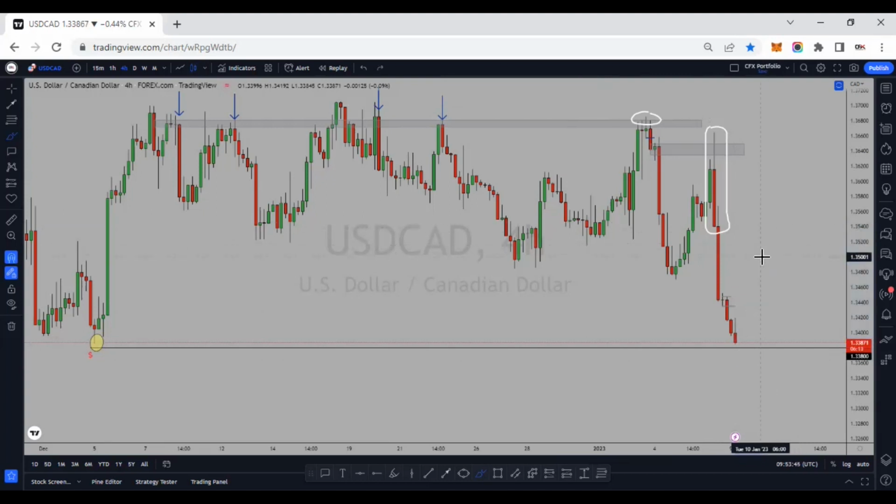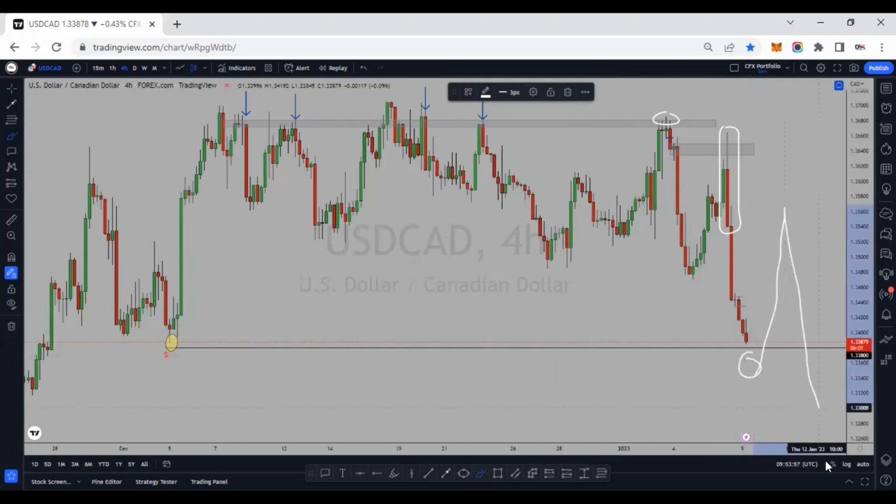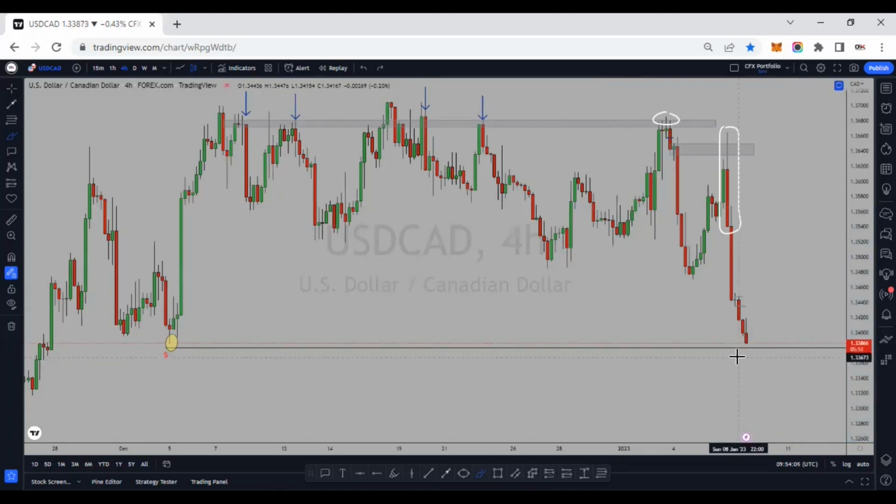I want to also know what you guys think on USD CAD so that we can conclude on what to do. Share your opinions on USD CAD. I'm thinking that we are going to see some buys when the market comes to this level, to create a lower high before we start the down. As always, let me also know what you think. This is what I think on USD CAD, and I want you to also share your opinions on it.